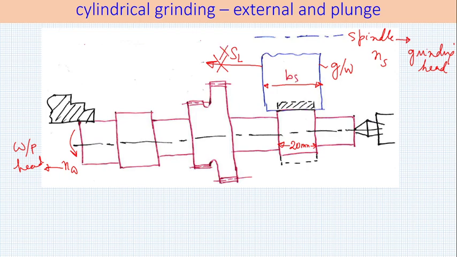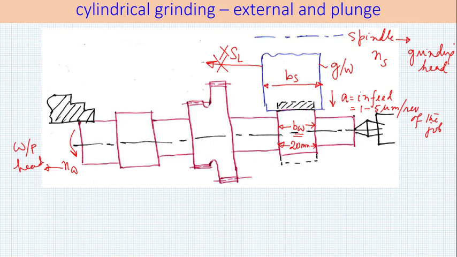So this is my BS. This is not exactly the width of the job, but the width of the feature. And this is advancing in this direction with an infeed of A. So how much is this infeed? This is say 1 to 5 micron per revolution of the job.